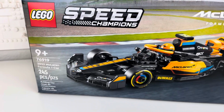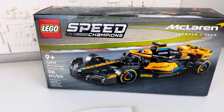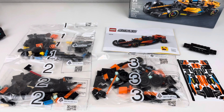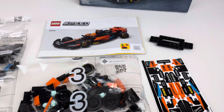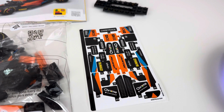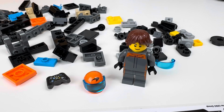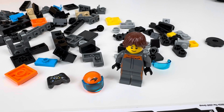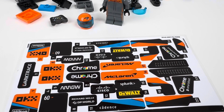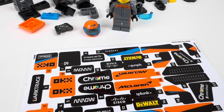Something to note about this set, it has the least number of pieces out of all of the 2024 releases for Speed Champions. The contents include 3 numbered bags, an instruction manual, small chassis piece, and what I've counted was 30 individual stickers. I think this could be Lando Norris or Oscar Piastri. Let me know in the comments. There are no numbers that are going to be put onto the car, so you could use it for either